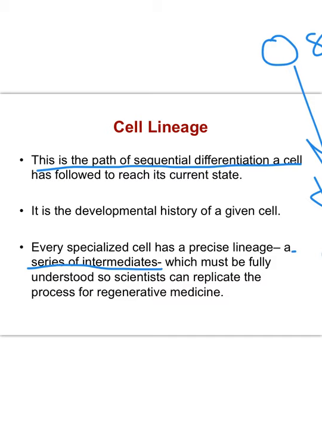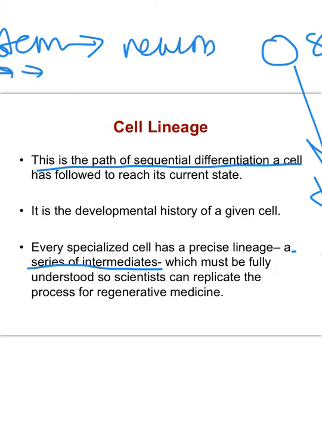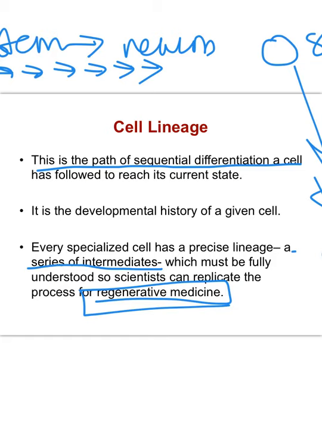In order to make this happen, if scientists want to take a stem cell and make it into a neuron, we have to know all of these steps. It's not one, it might be 50. So in order to do anything with regenerative medicine, to use stem cells to make tissues or cells for any kind of therapy, we have to know everything about all of these steps. That all comes from basic research,